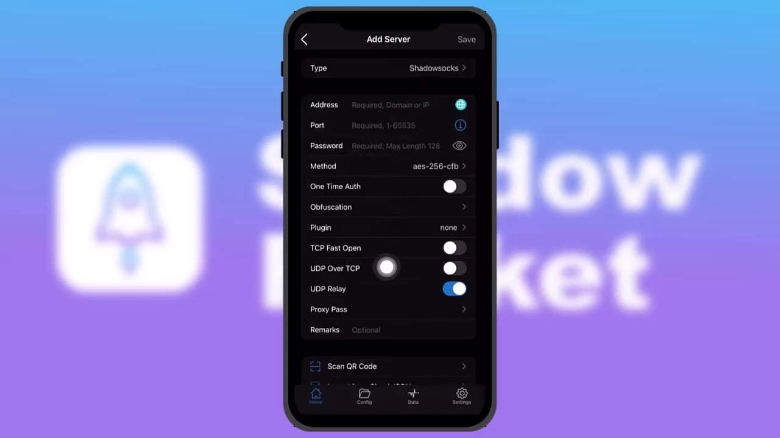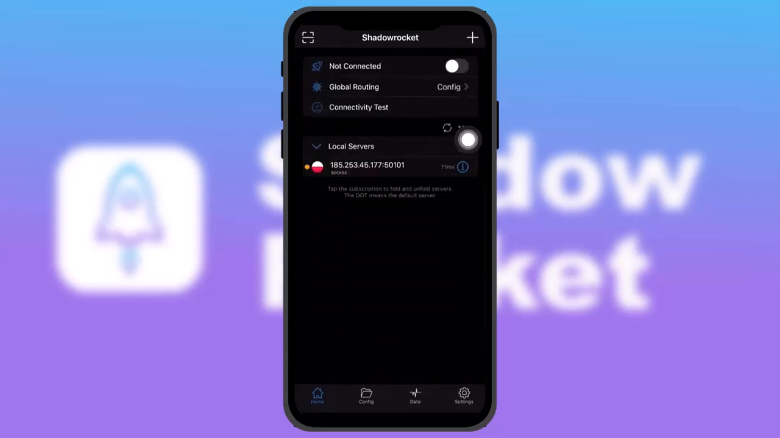And once you are done with all this, what you need to do is simply tap on save, and once you tap on save, what you need to do is tap on this connectivity test, and once you tap on it, it checks out successfully. Then what you need to do is simply toggle this on, and once that's done, you'll be successfully connected with